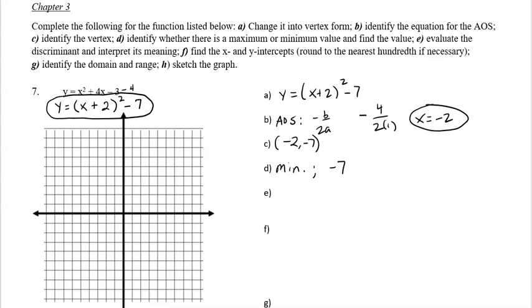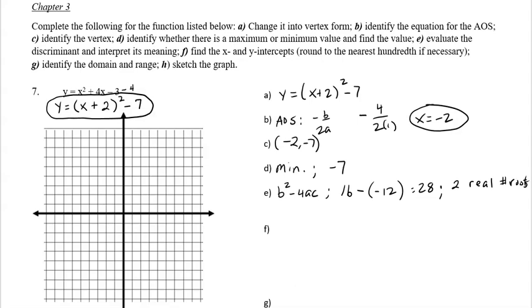The discriminant, the way we find the discriminant is just this part of the quadratic formula, b squared minus 4ac. So looking at the standard form, b is 4, so b squared is 16, minus 4 times 1 times -3, that's going to be -12. So the discriminant is 28, and the meaning of the discriminant, since it's positive, is that I'm going to have two real number solutions or roots,